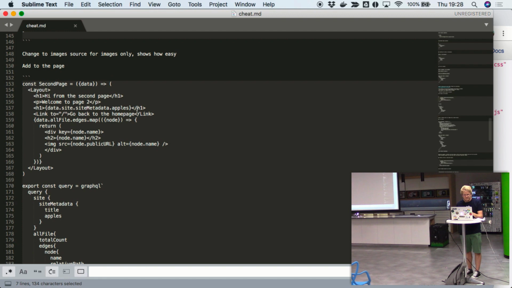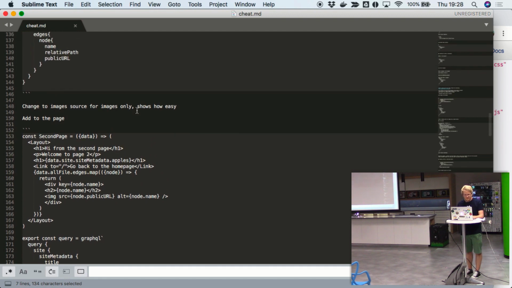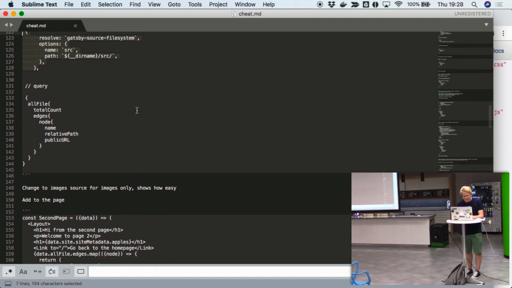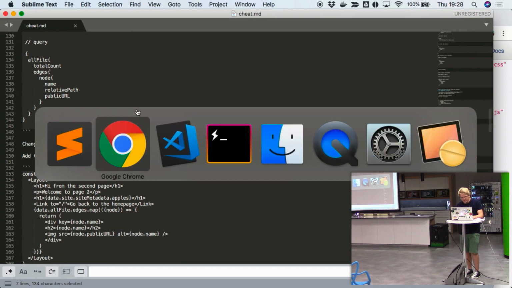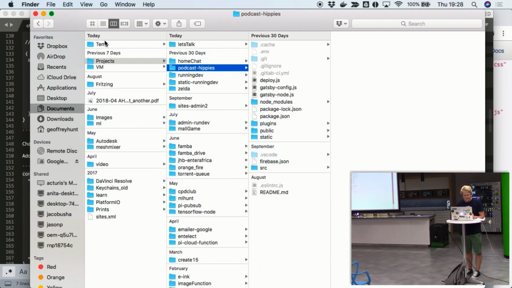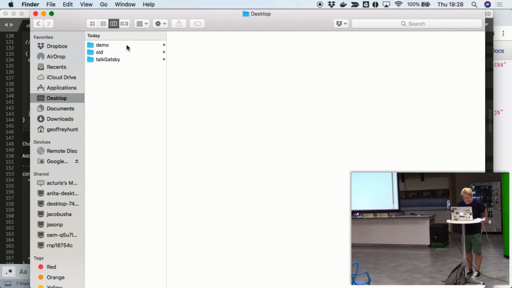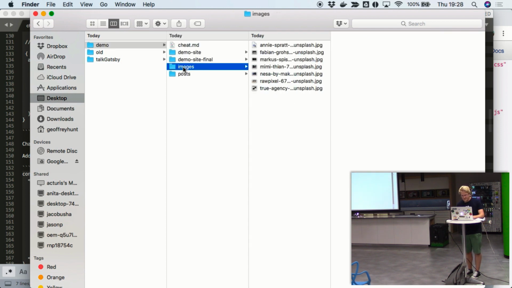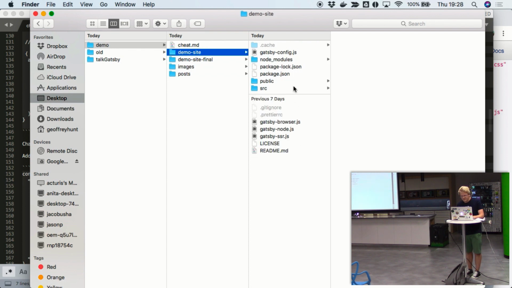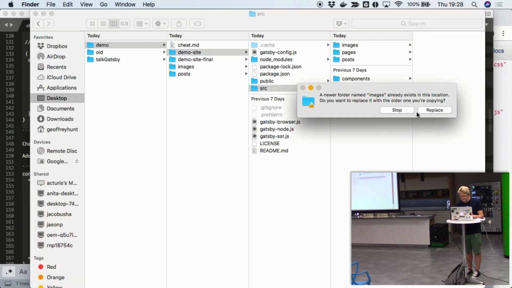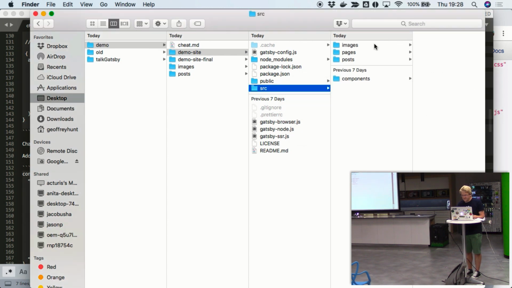So that's cool. So if we want to maybe query some pictures to make it a bit better, we can. I'll just quickly paste some images into the folder. Sorry. Okay, so I got a folder of images here. If I paste that here, yeah, I'll just go over that.